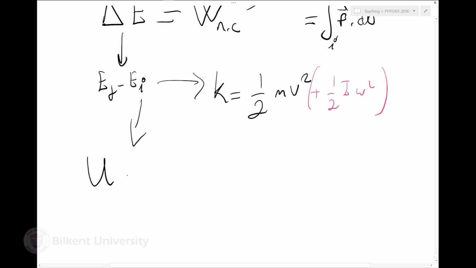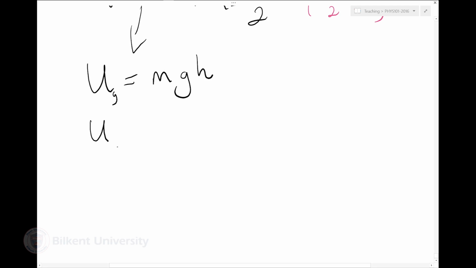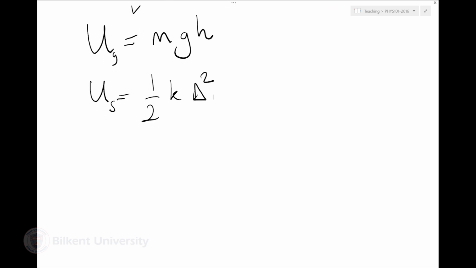And what kinds of potential energy do we know? We know gravitational potential energy, which is mg times h over some reference level. We also know potential energy stored in an elastic object like a spring, which was 1/2 k x squared, or delta squared. And these two were basically the only kinds of potential energy we know of. Well, except I should come back to the chapter in between them about